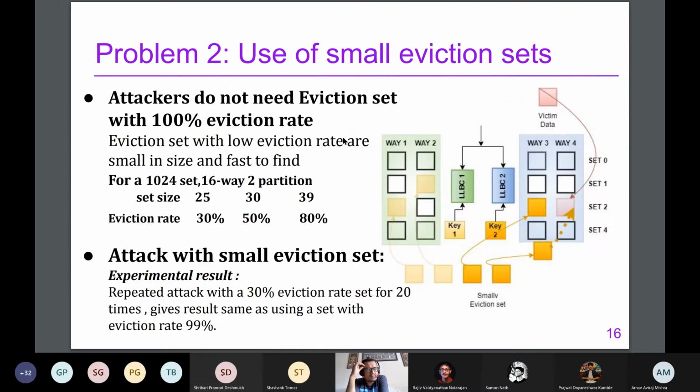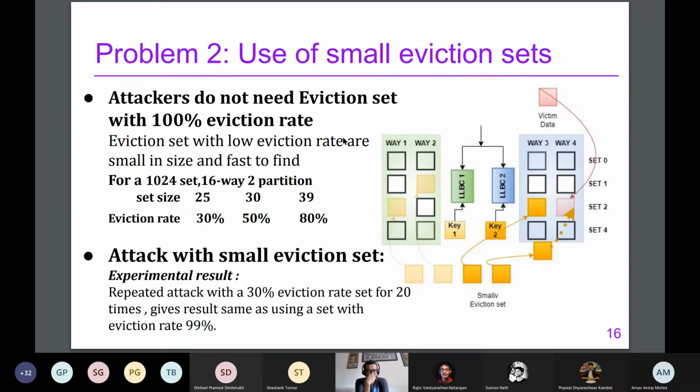Yeah. Next slide, please. So second, till now we have been saying that we have to have a complete eviction set, that is, whatever the particular cache set is. Let's say we have 4 blocks in the particular cache set. Then we should have a 4-block eviction set so that we can perform the attack. But that may not be entirely true. Let's say, for example, we have a smaller eviction set, of size 2 for this particular example. We still can